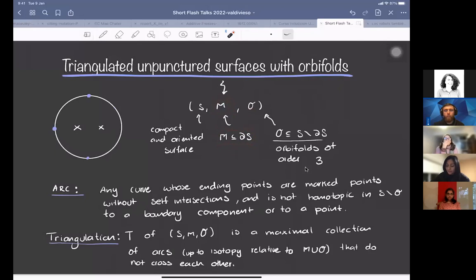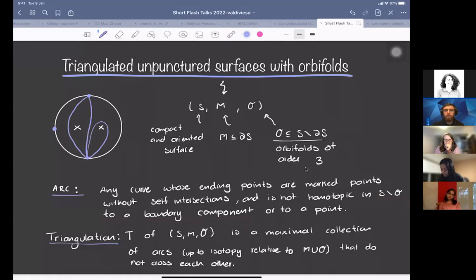So in these kinds of surfaces, we can define as usual arcs. In this case, an arc is any curve whose ending points are the marked points. We don't have arcs with self-intersections. And we ask that the arc is not homotopic, in the complement of the orbifolds, to a boundary component or to a point. So for example, in this case, we can have an arc like this, or something like this, or maybe something like this. And a triangulation, as usual, is going to be a maximal collection of arcs